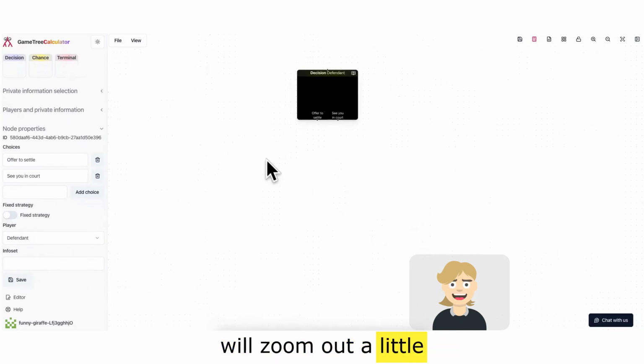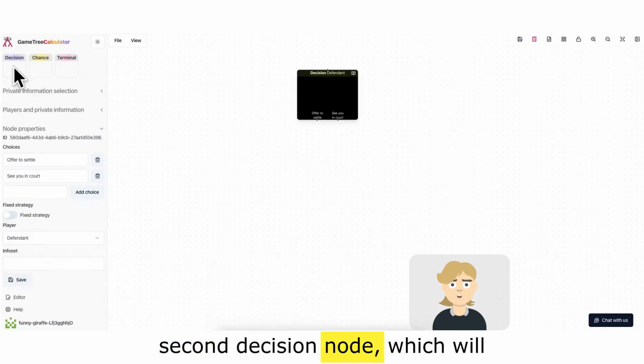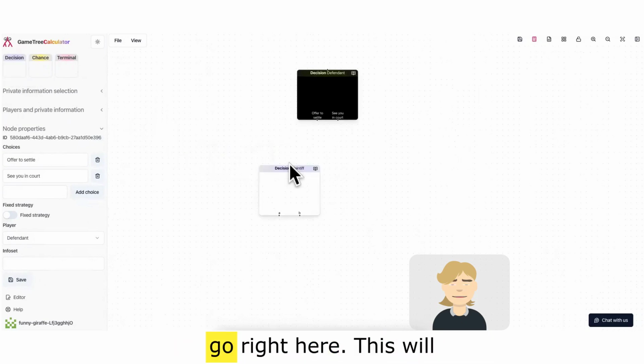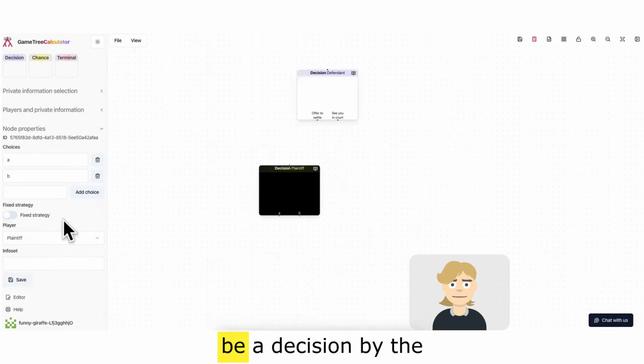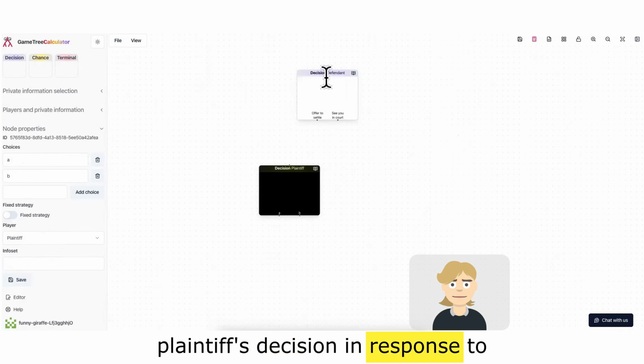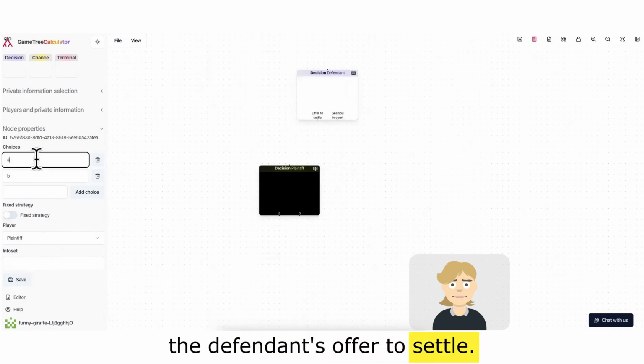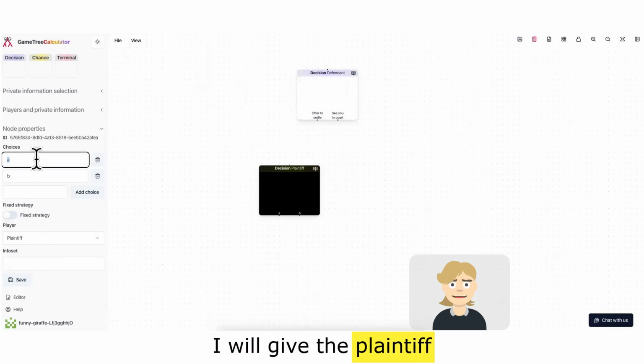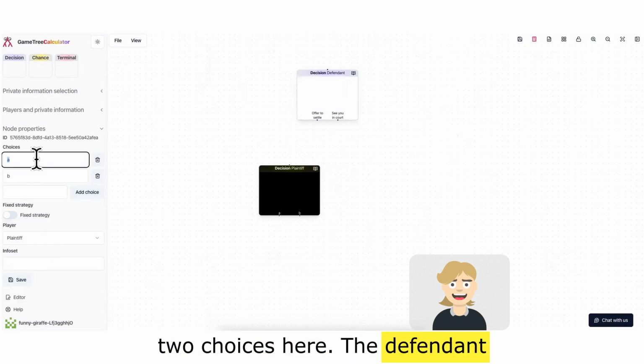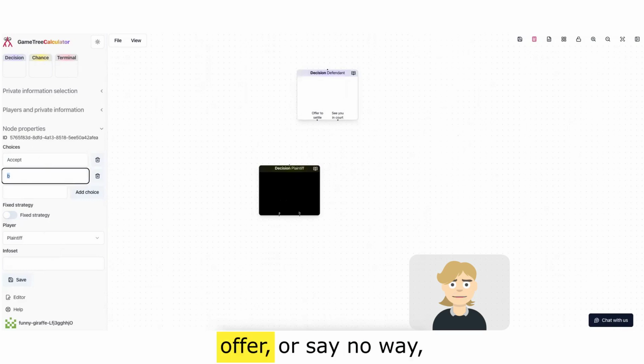I will zoom out a little bit and then add the second decision node, which will go right here. This will be a decision by the plaintiff, and this is the plaintiff's decision in response to the defendant's offer to settle. I will give the plaintiff two choices here. The plaintiff can either accept the defendant's offer or say no way, see you in court,